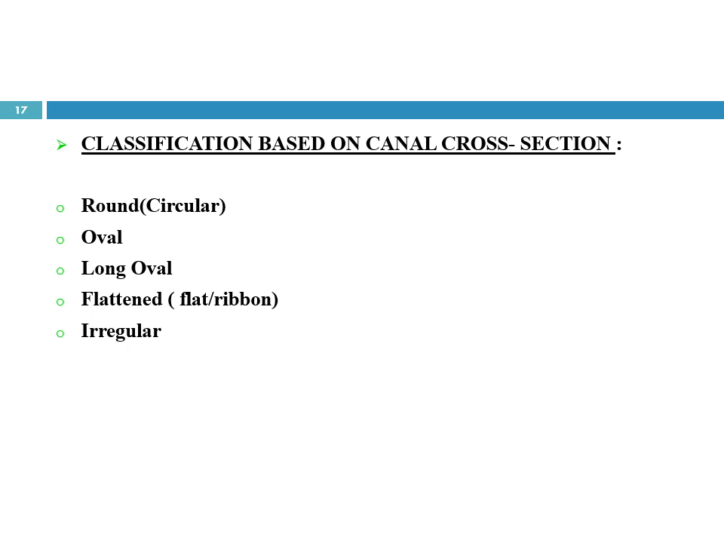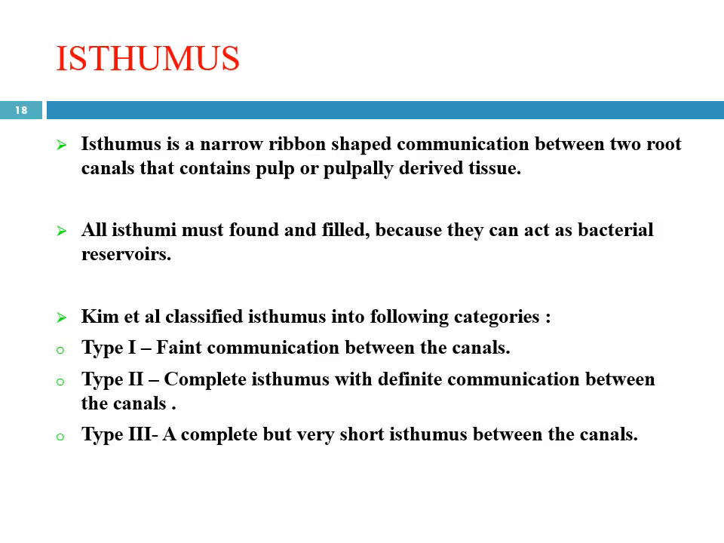Now, based on the cross section, you can classify the canals as round or circular, oval, long oval, flattened, which is ribbon-shaped canals, or irregular. Now moving on to isthmus. An isthmus is nothing but a narrow ribbon-shaped communication between the canals that consists of pulp or pulpally derived tissue. So all isthmuses must be found and they must be completely obturated because